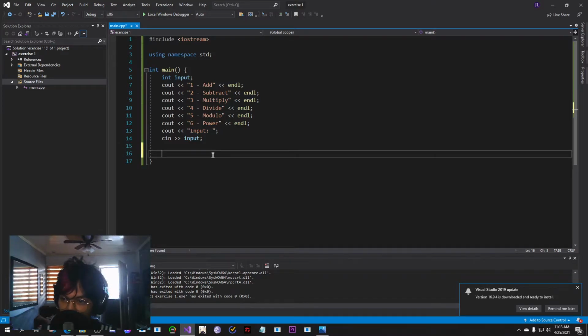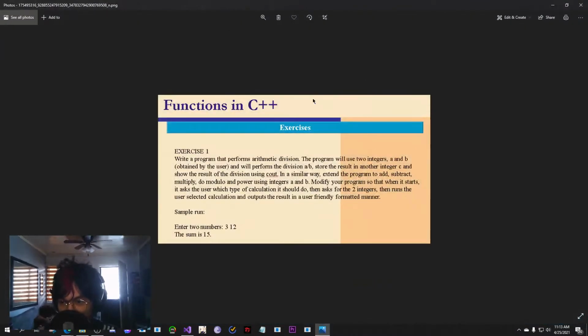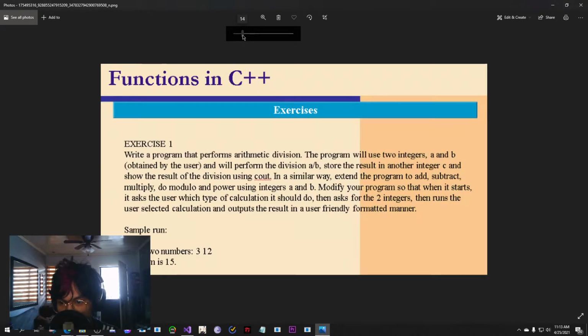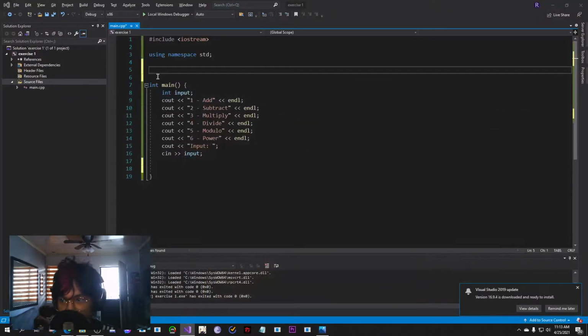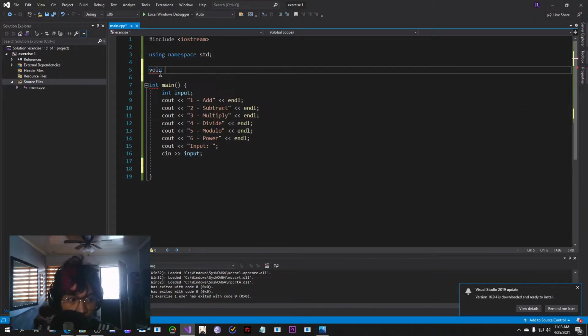So first of all, we need a add function. So let's go ahead and make that. Let's check first if the professor specified whether the functions have a data type and a return type. Okay, it doesn't seem like there is, so we can just use whatever kind of function we want. So the easiest type of function to use is a void function, so it doesn't return a value, and also